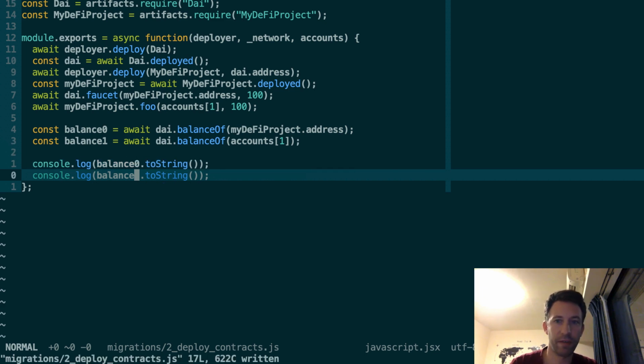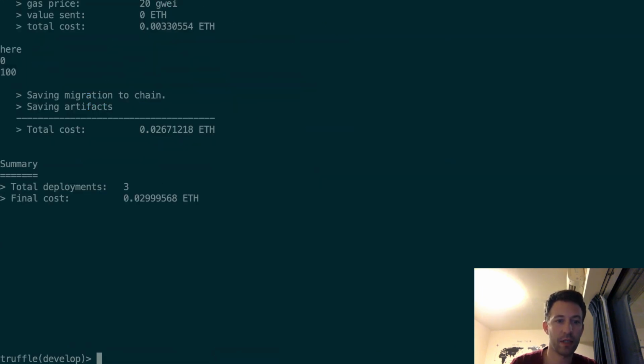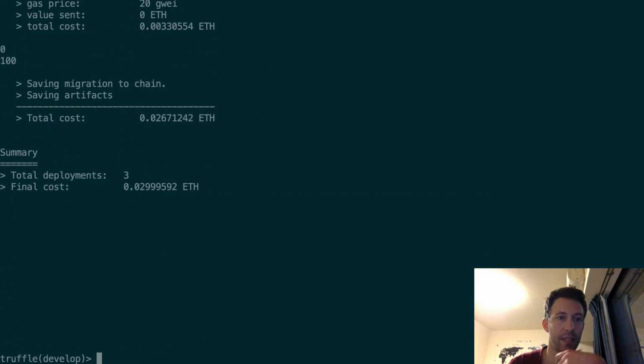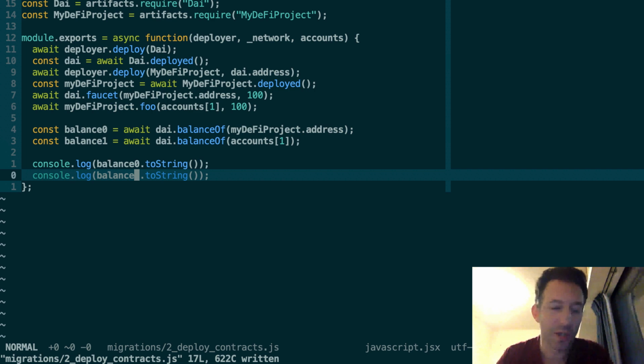Okay, should be fine. So now let's go back to the Truffle console. And yes, it has worked. Here we can see that the first balance has 0 and the second address has 100 Dai. Yeah. So all of this is cool, but we are just dealing with a mock Dai token on our